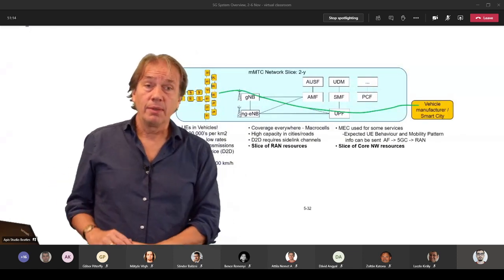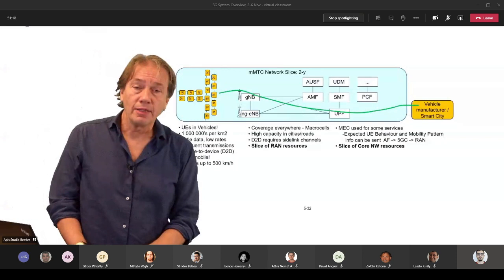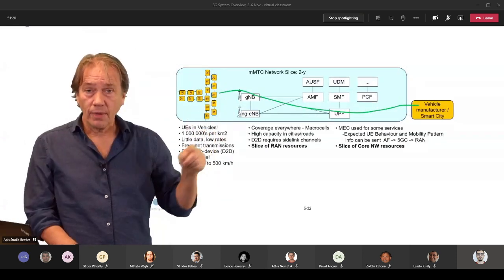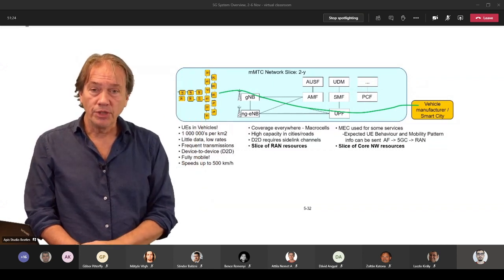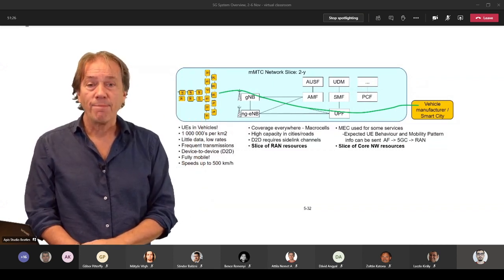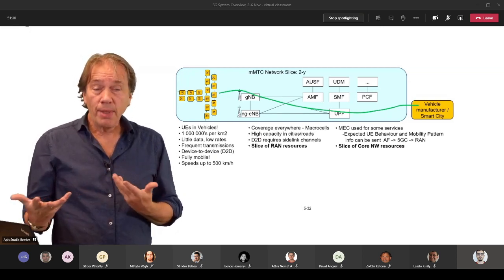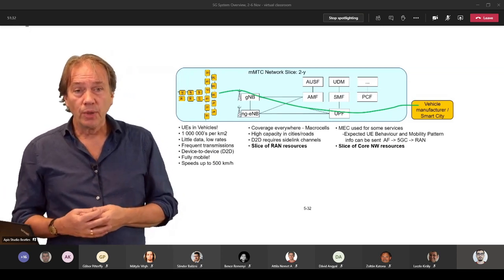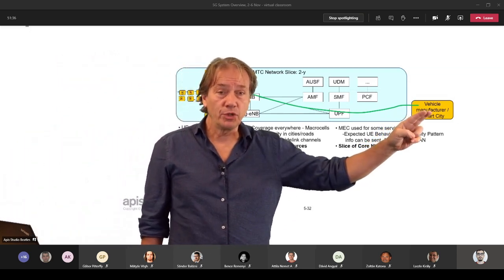Another example, let's say that these are cars. Two streets are crossing or merging, and if the vehicles are connected, maybe they will report to the vehicle manufacturer,